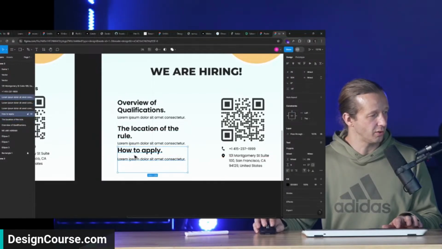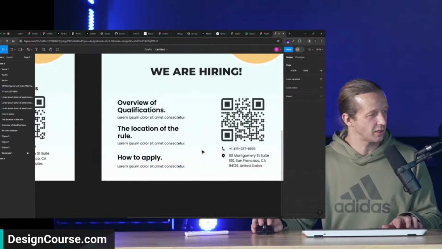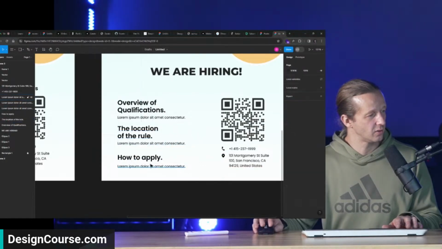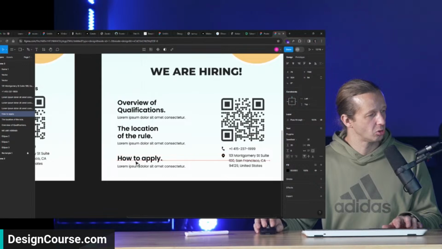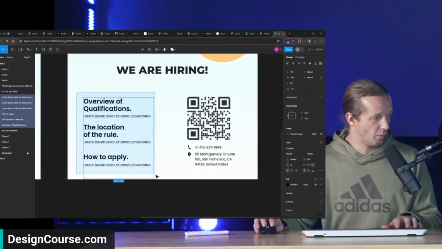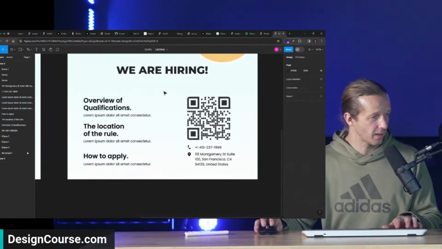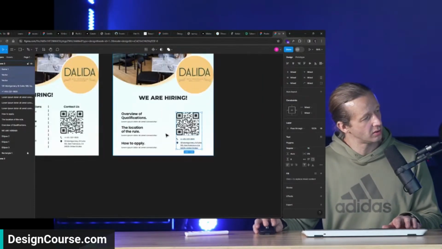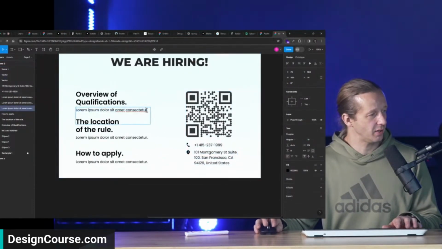Probably should use components, but I didn't want to screw around too much just to get this stuff right. What I'm trying to do is make sure that these are kind of equal height, roughly. I think if we had longer type here, it would fill this area out a little bit more.